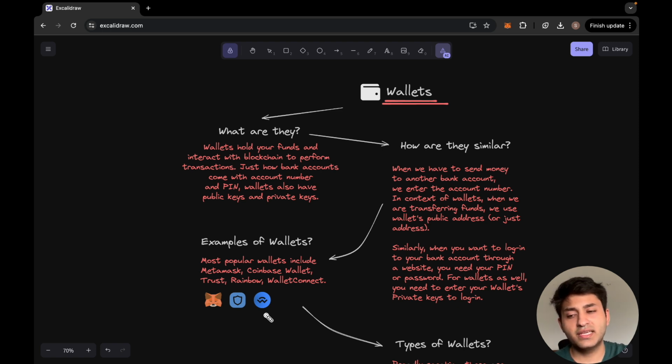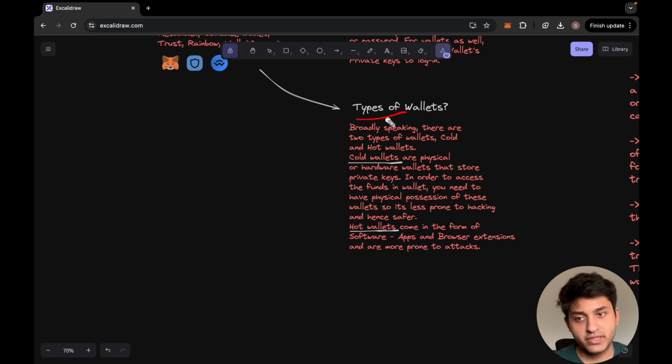So Wallet Connect is, again, as I said, not really a wallet in itself. It's just a layer on top of wallets. Now let's talk a little bit about the types of wallets, which is important because so far we have only discussed one type of wallet, which is hot wallets. Hot wallets are basically just software wallets. The examples that I mentioned earlier, like MetaMask, Wallet Connect, etc., these are your hot wallets that you need